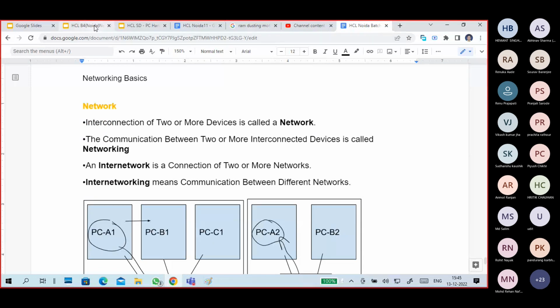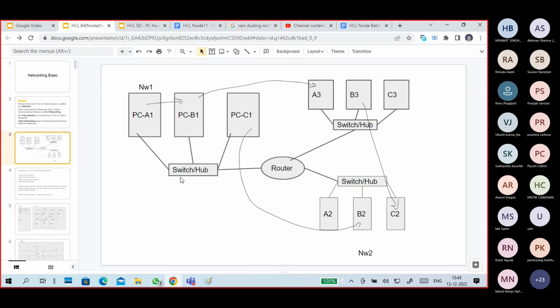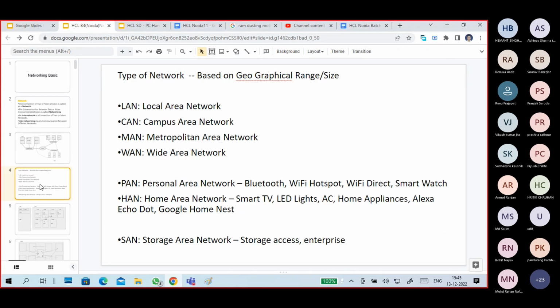Simple definition, sir. Any word I didn't put like this? No, no, no. So